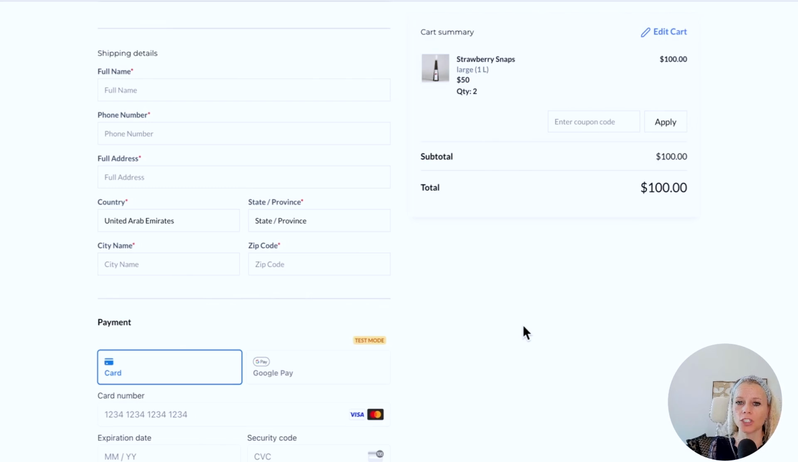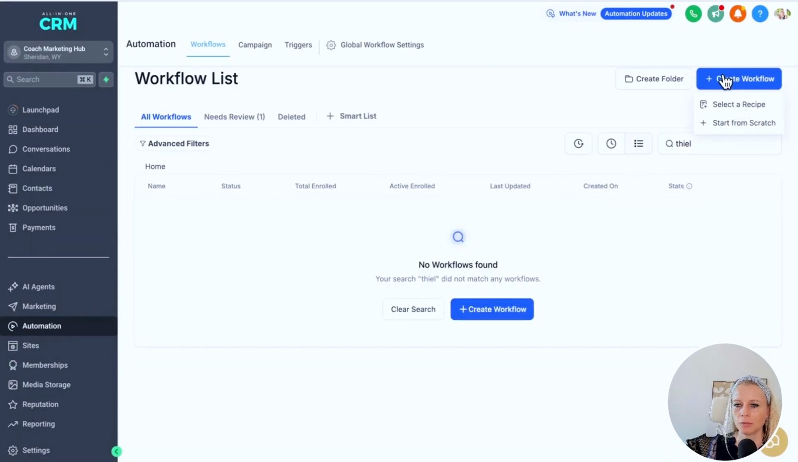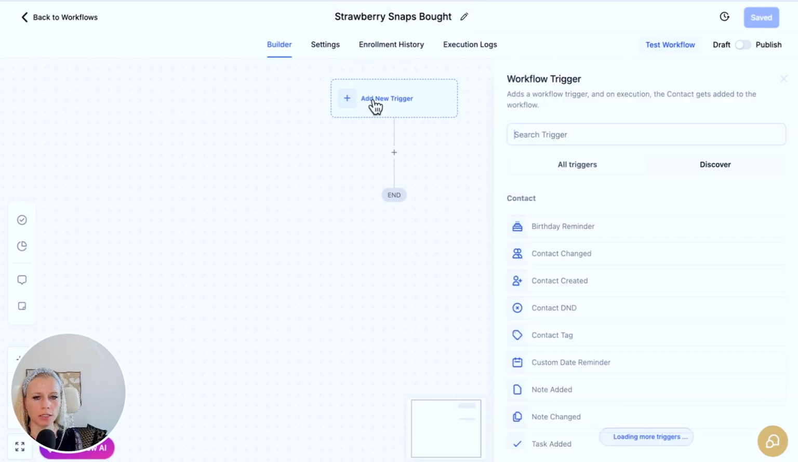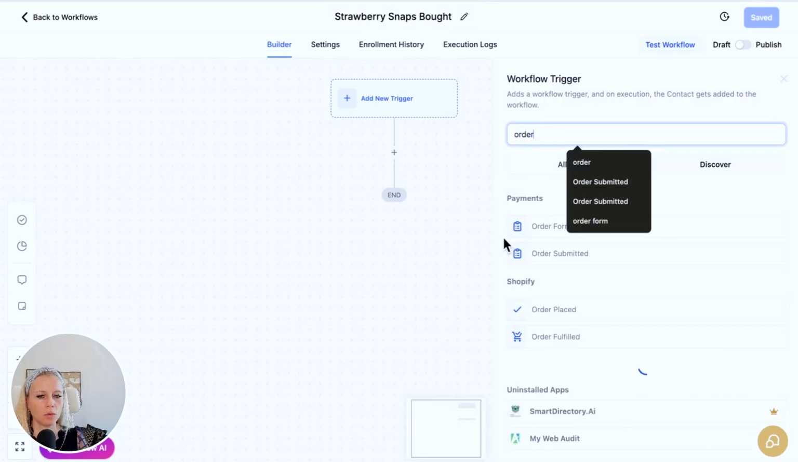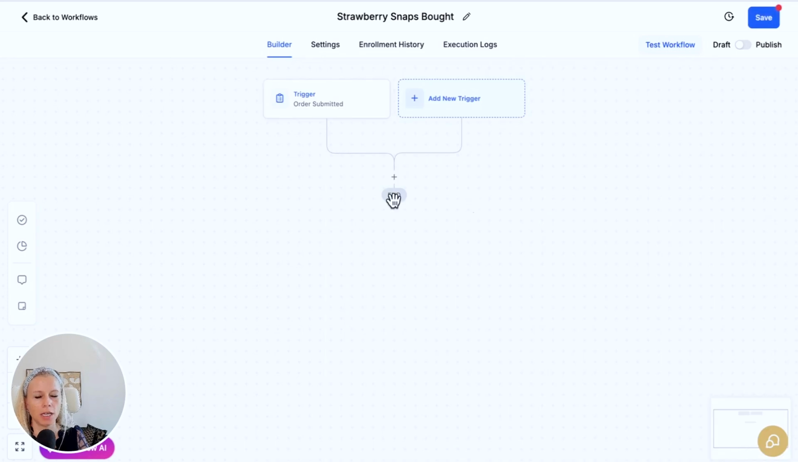Now, before we check out, I just want to show you real quick how you would send the order confirmation to your customer. To do that, let's click on automation on the left. Let's click create new workflow from scratch. So let's rename the workflow and let's set a trigger. And here we would say order submitted as the trigger. We would filter it down to global product is strawberry schnapps, select that, hit save,